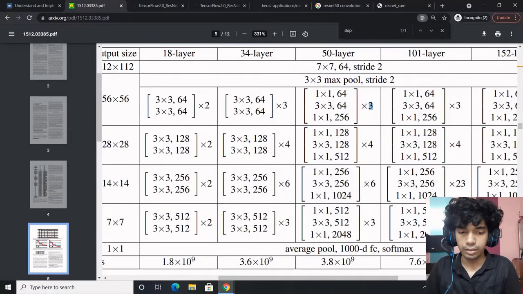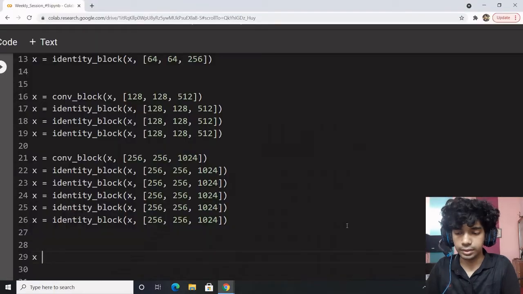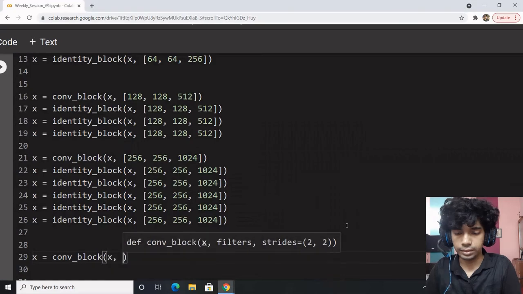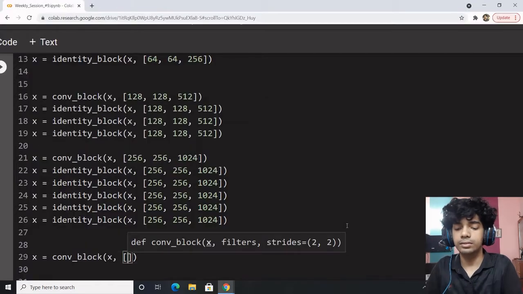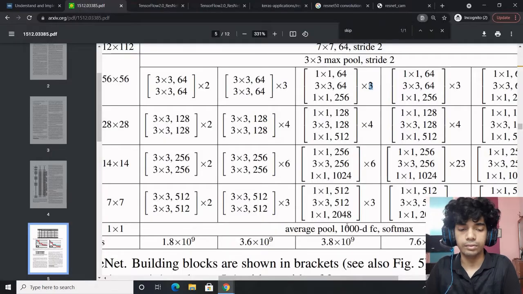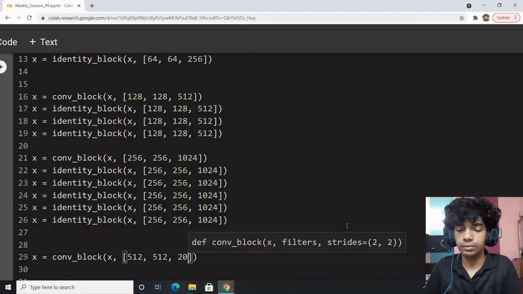Perfect. Now we have this last one, which is x equals convolution block, where we pass x and the others are 512, 1024 or 2048.